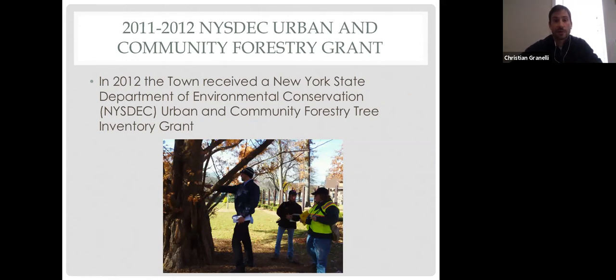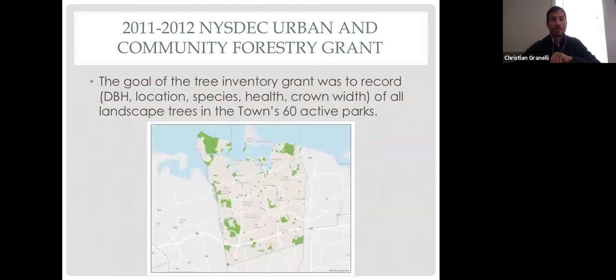So we received a New York State Urban and Community Forestry grant for partial funding for that tree inventory. This grant program is for tree inventories, tree planting, forestry management plans, tree maintenance, and education. And the one that we received was for our inventory. So the goal of our tree inventory grant was to record the DBH, location, species, health, and crown width of all